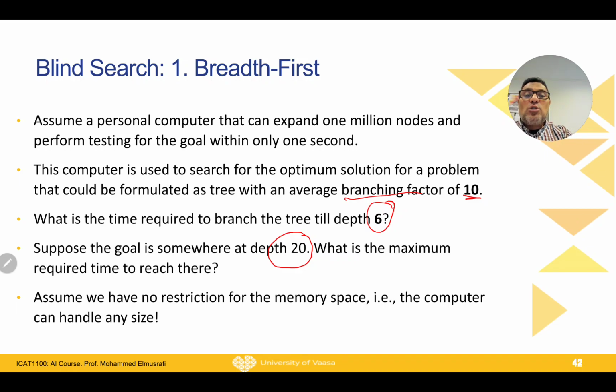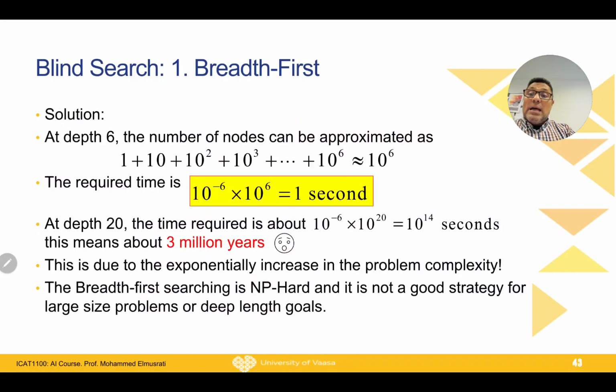And now assume that you have a computer that can solve for 1 million nodes per second. So in each second your computer can check the goal state and branching 1 million nodes per second. This number is actually not very large, but it needs a good computer. Now with this